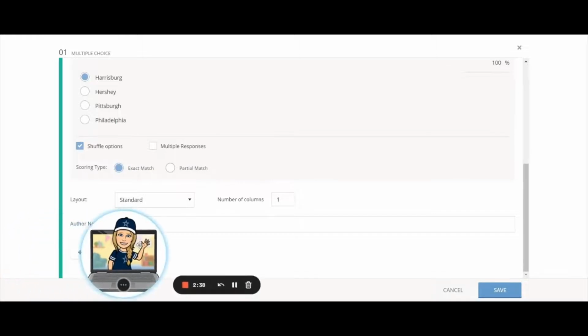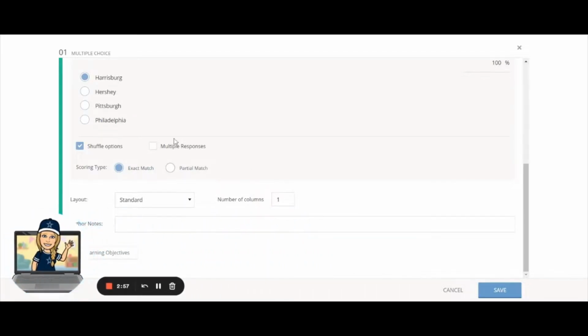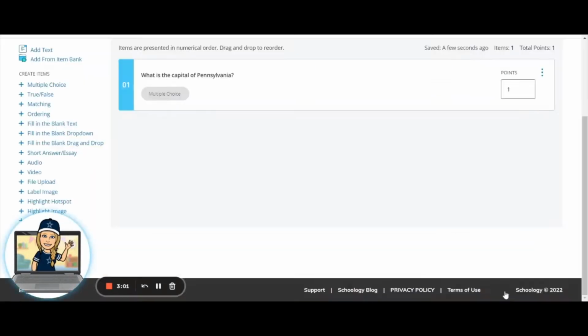Down here at the bottom of your screen, you will notice that we have learning objectives. You can open that up and find any of the learning objectives for our district that have been attached to Schoology. And you can attach learning objectives to every single question that you create in an assessment with Schoology. When we are satisfied with our question, we click Save, and it's going to take us back to our questions